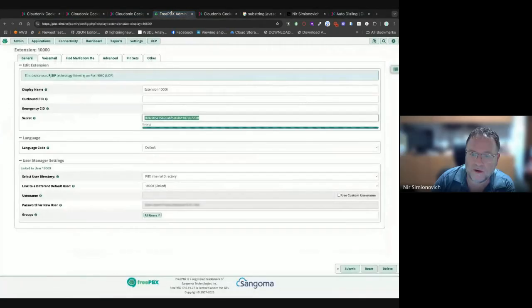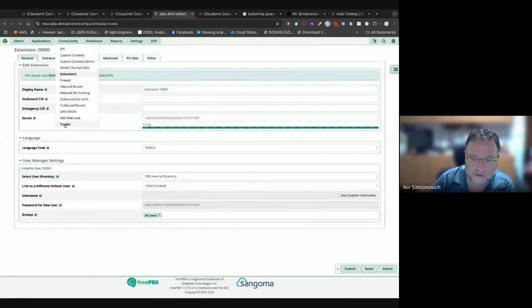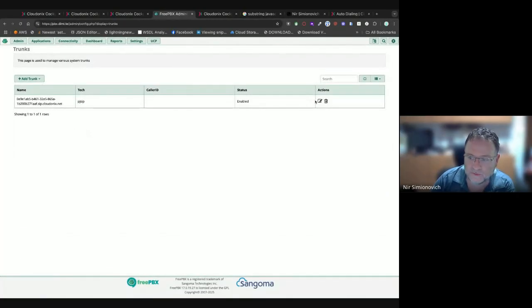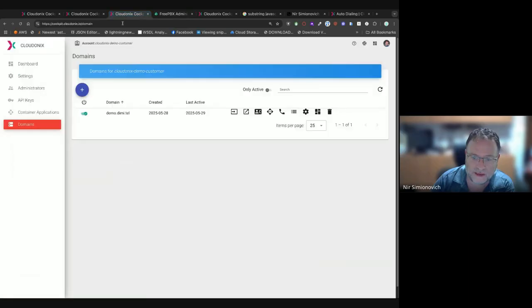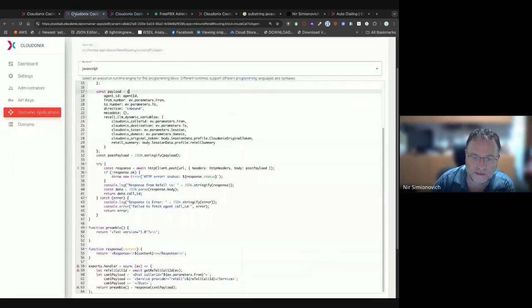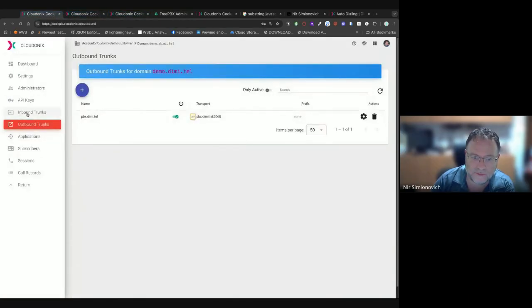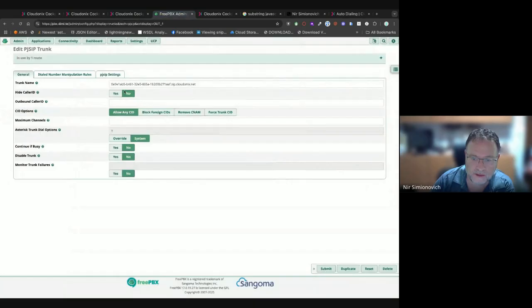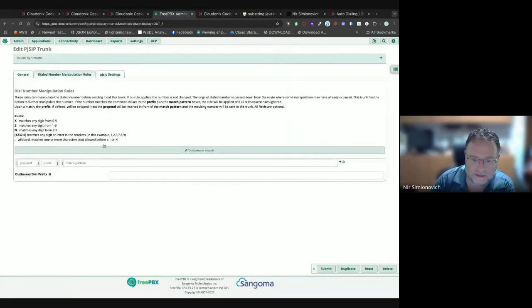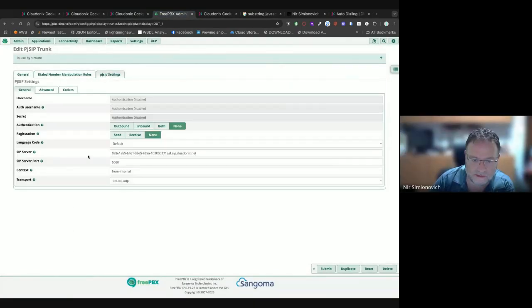Right. Now, on the FreePBX side, I simply created a trunk, which is called the same name as my inbound host name. In the PJSIP settings, I put the SIP server to be the same one.